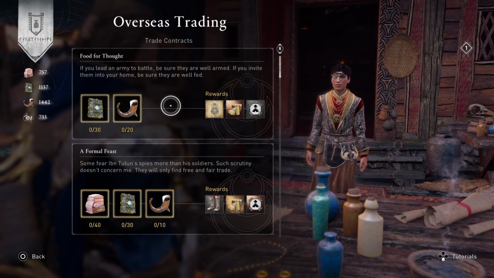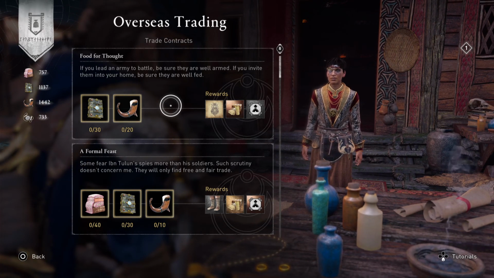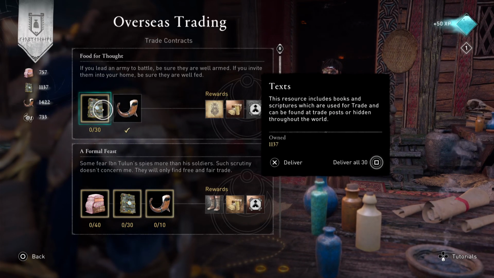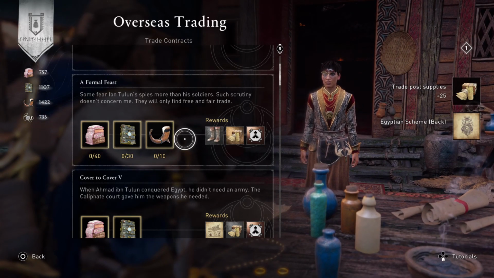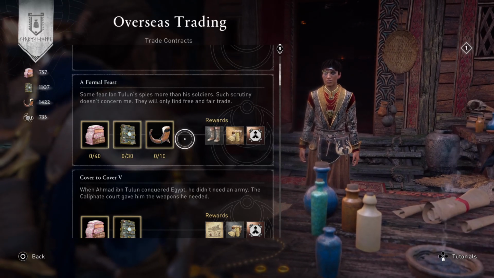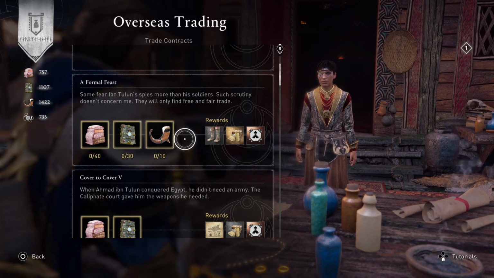If you lead an army into battle, they are well armed. If you invite them into your home, be sure they are well fed. Very true. Formal feast. Some fear Tulun's spies more than his soldiers. Such scrutiny doesn't concern me. They'll only find